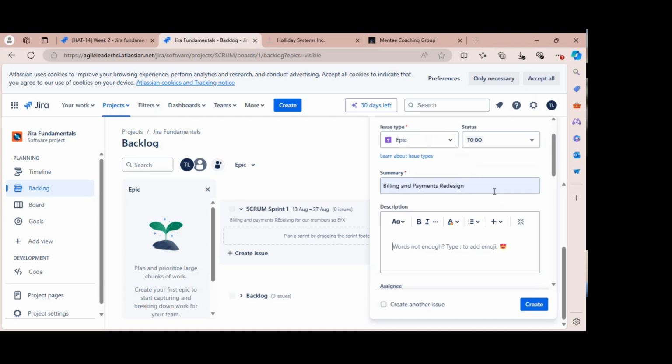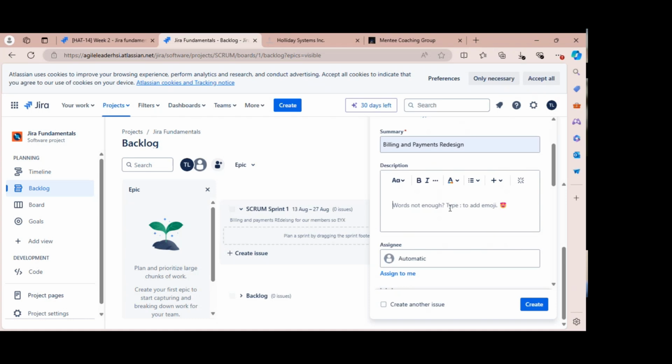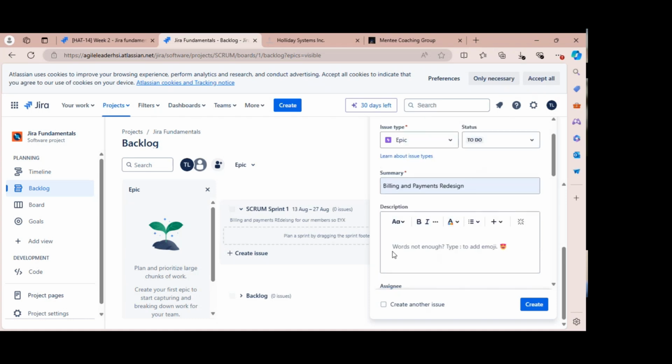So we have our summary. That's going to be the name of our epic, essentially. So when you see summary, you can think about it like name. We also have a description box. You'll find a description box within the epic as well. This is where you're going to explain. And again, remember, a Scrum Master might not always be doing this action here, creating an epic, but again,